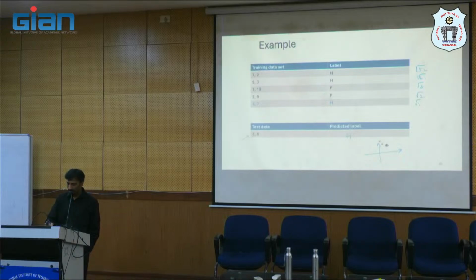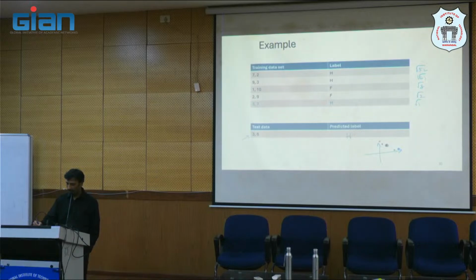Healthy points, 9,3, so it is like here. 7,2 somewhere here, right? So when we visually inspect, except for this one point in training data set 3,7,